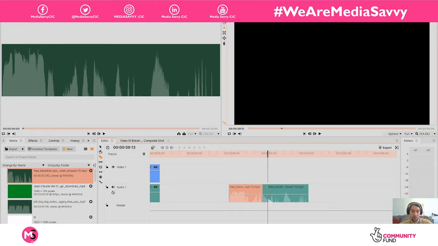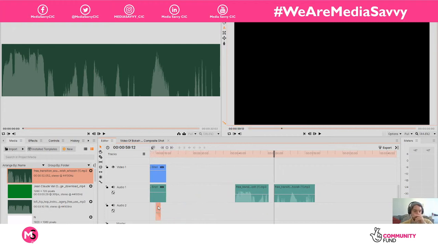and drag that there. And then I think I'm going to put that underneath, but we need to find exactly where to put it. So I've only got one audio track here, so what I need to do is right click on this audio track and then press insert track, and quite simply that just puts another audio track underneath because we're going to layer it over. So what we would do next is just drag that onto track 2,